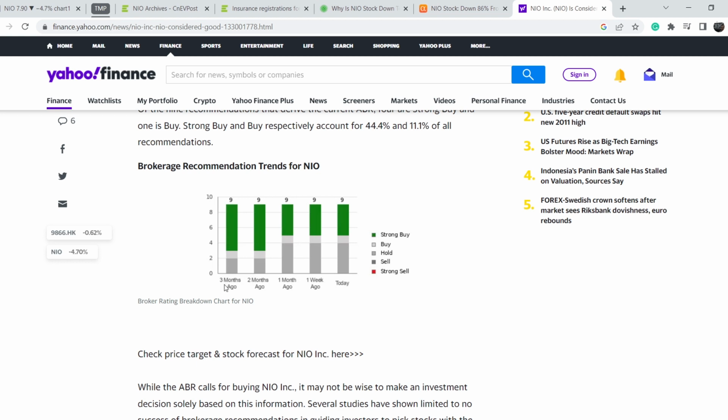As you can see, 3 months ago, a lot of analysts suggested to strong buy NIO stock. Then we have absolutely the same sentiment 2 months ago. But 1 month ago, we have more neutral sentiment on the table. As you can see, light gray color means that this person suggests to buy, and dark gray color means that 4 people suggest to hold. And no one suggests to sell this stock,